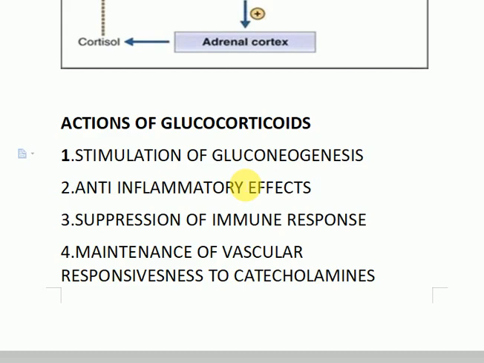They decrease glucose utilization and insulin sensitivity of adipose tissue. They increase lipolysis, which produces more glycerol to the liver for gluconeogenesis. So the three mechanisms involved in the gluconeogenesis are the increased protein catabolism, decreased glucose utilization, and increased lipolysis. These are the three